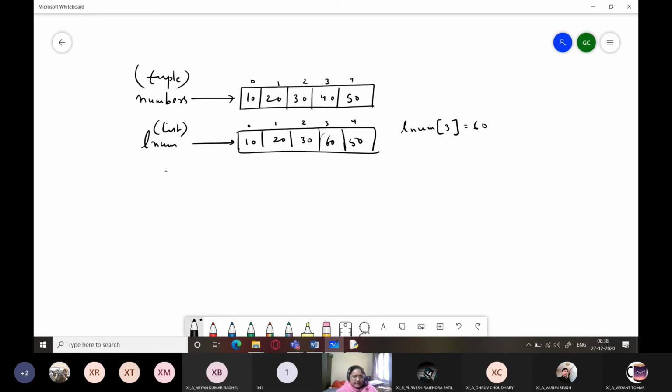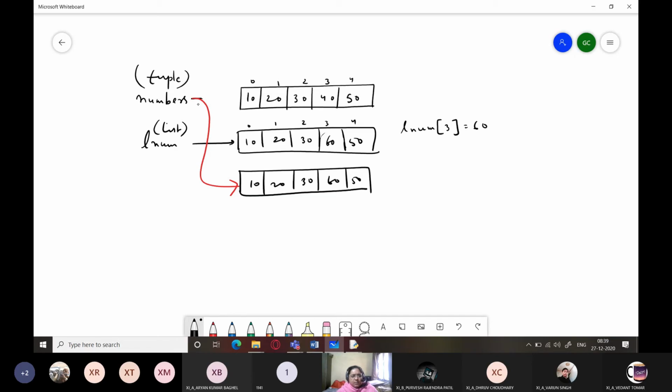Okay. And then I again repacked, then I again reassigned numbers. So now what happened? Another tuple object is created out of lnum, which is this. And this numbers is now assigned this value. And the previous association is broken.